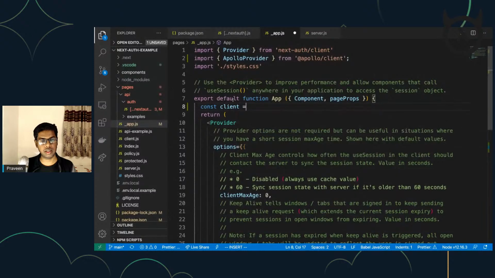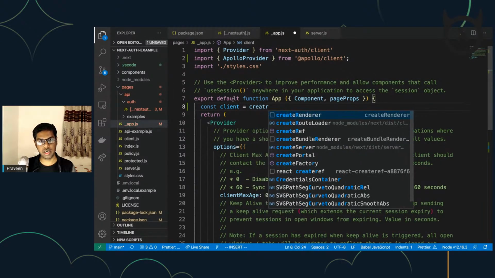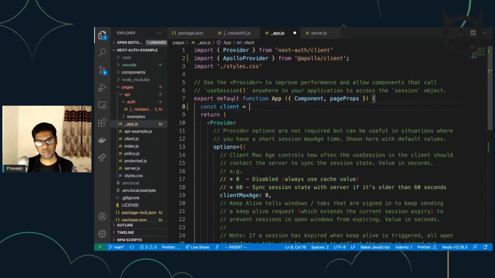So this would be client creating the Apollo client method. This create Apollo client will come in from a library that we generated for Apollo, right? And then this will have access to the token as well, since page props dot session dot token is accessible over here. We'll pass in this token to the Apollo client creation step,